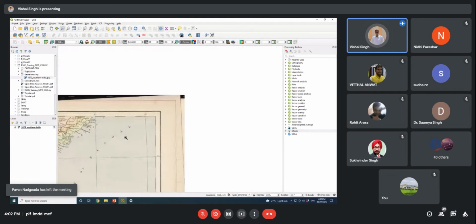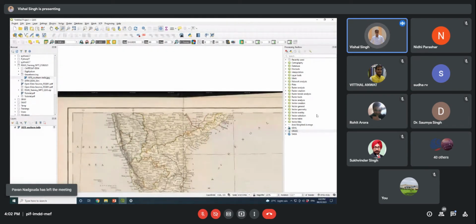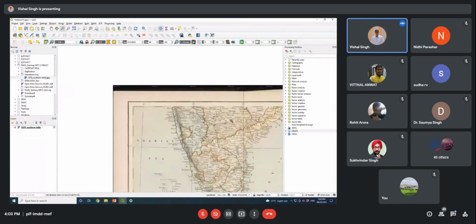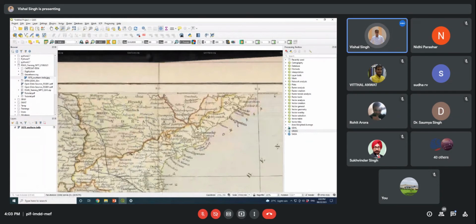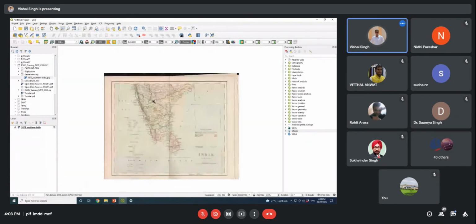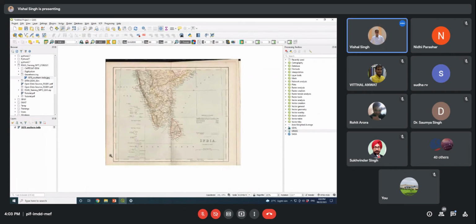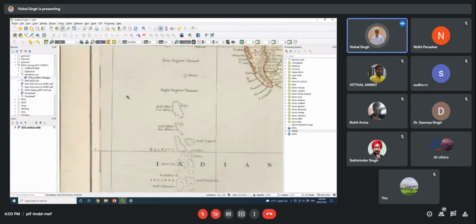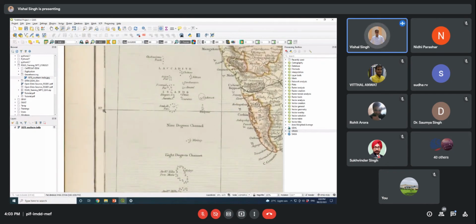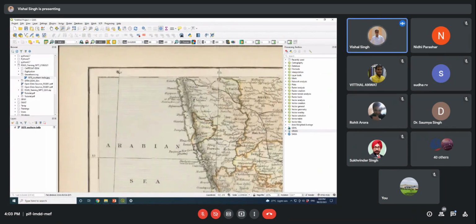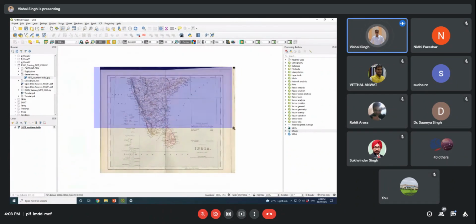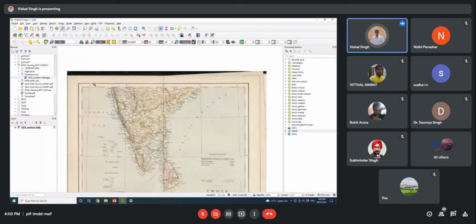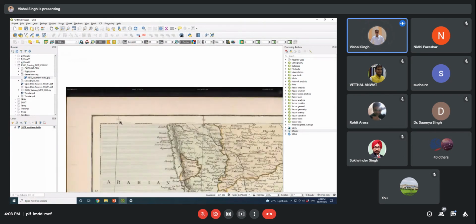In the similar way, I am moving from west to east in the direction, and the numbers are changing like this: 70, 75, 80, 85. And if I move from south to north, here numbers are written 5, 10, 15, and so on. So now can somebody tell me what are these numbers and what are these gaps? Suppose here 70, here 75. What will be the scale of this map?